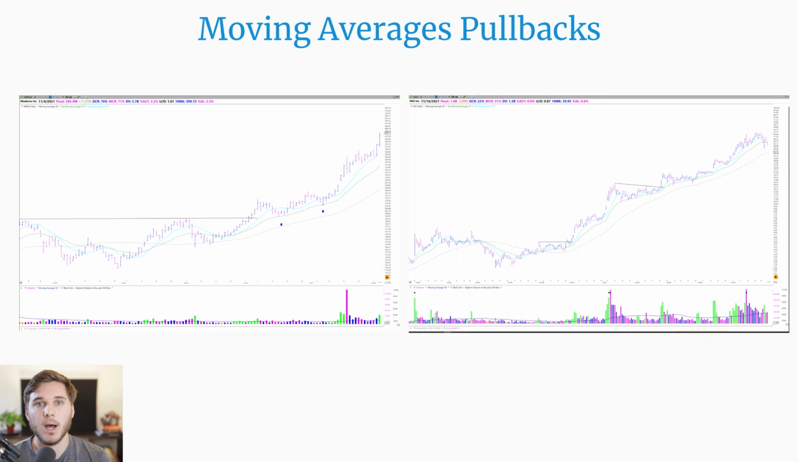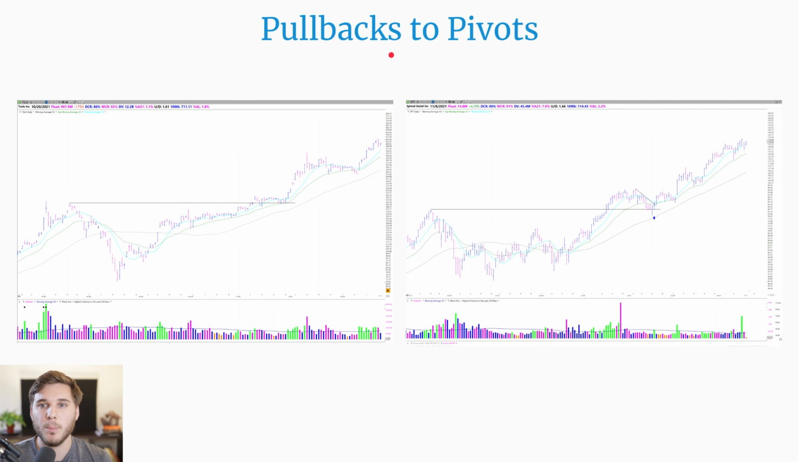And lastly, I want to mention pullbacks to prior pivots. So here we've got Tesla, which had a breakout in 2020, then a drift back in with very tight price action on declining volume, and then some hammers off that level, ultimately starting a really strong run into the end of 2020. So prior base pivots are an excellent place to add on pullbacks, even if you bought that initial